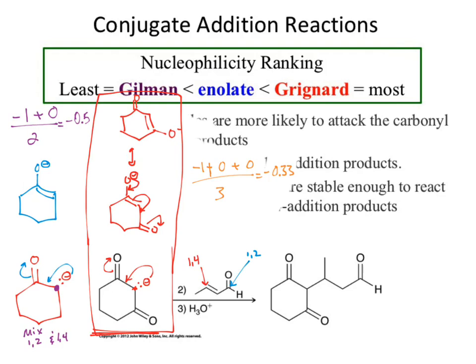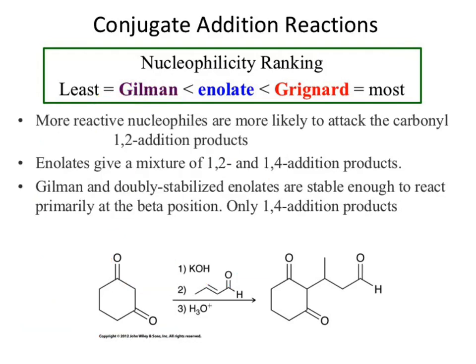So the big lesson that I want you to get out of this is that the conjugate addition comes back. 1,4 additions come back, and we can use enolates as nucleophiles. Because a single enolate gets us both 1,2 and 1,4 products, that doesn't work. We'd get too many products out of that in one reaction. That's like a crossed aldol. I don't want that. So we change the structure around, and we put a second resonance stabilization option on there. That stabilization weakens the strength of the nucleophile enough that it's now no longer a 1,2 addition. It'll only do 1,4.